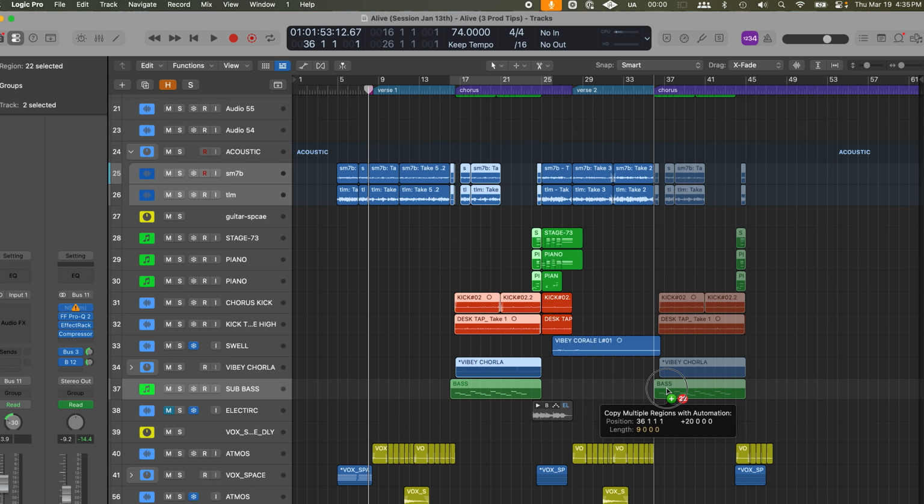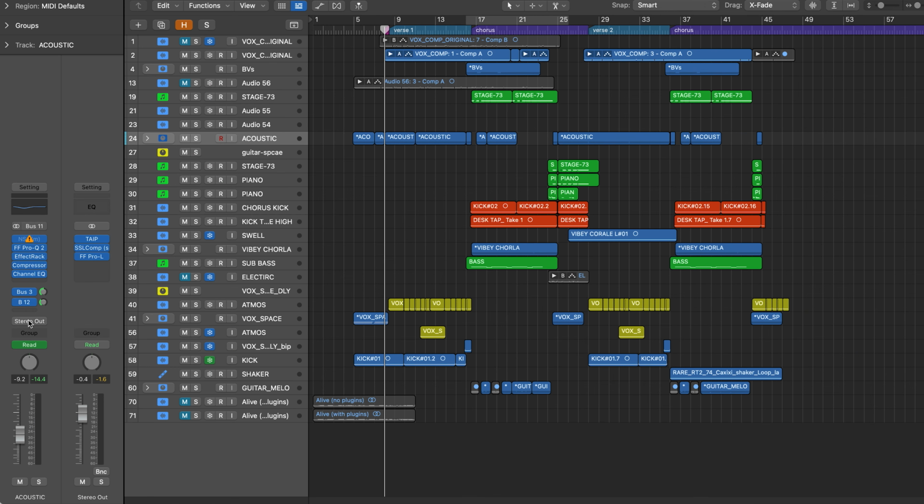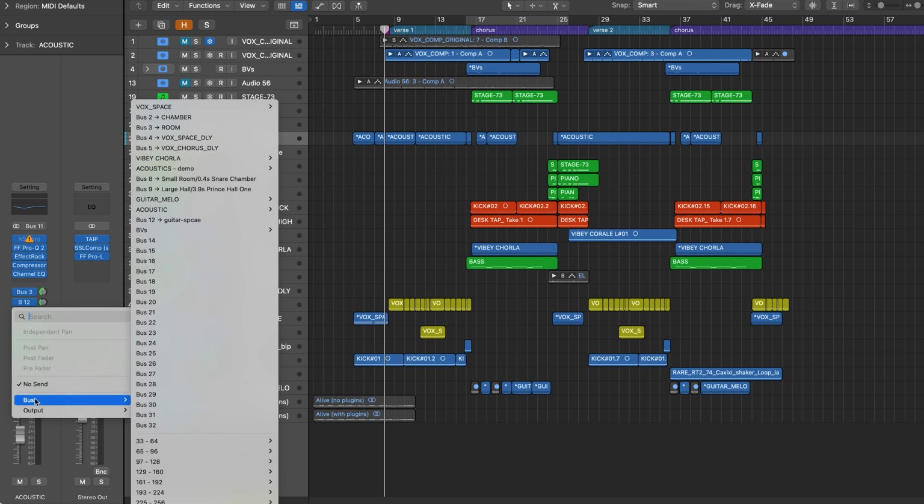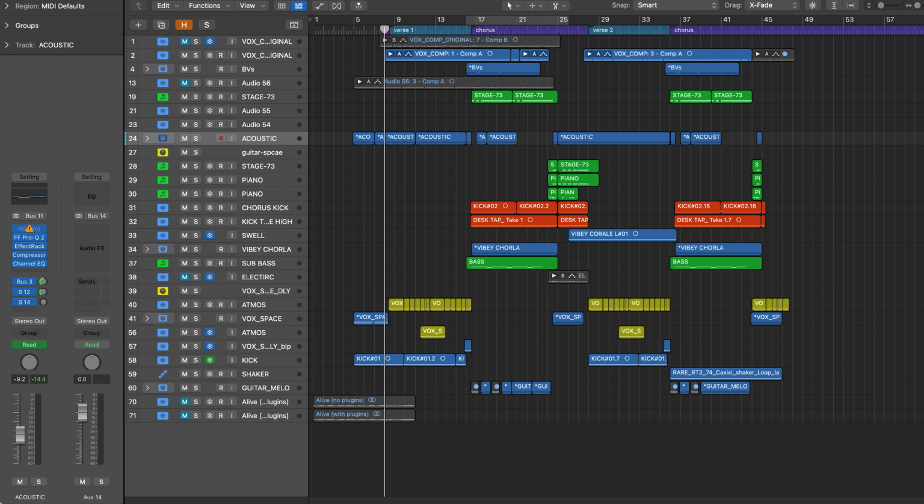Honestly, the first tools I used consistently were just scissors and copy and paste, and that alone can help you build arrangements quickly. Eventually, of course, you're going to want to learn more technical things like routing, sends, buses, EQ, compression, reverb. All that stuff will come eventually, but not right at the beginning, because they sound complicated at first. But once someone sits down with you and explains them properly, they're actually very simple.